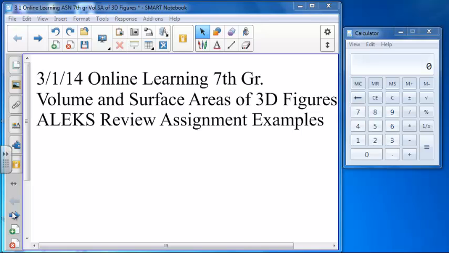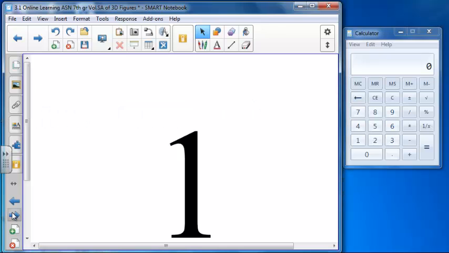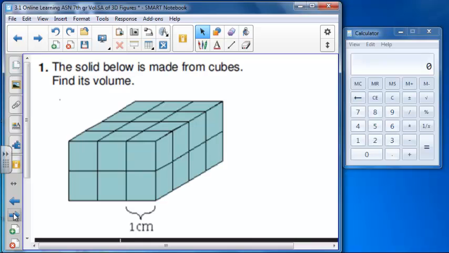I would like to go over 4 problems with you on the ALEKS assignment of volume and surface area. I've put a screen with the large number in between each problem in case you need to rewind or fast forward to the appropriate problem. Let's start. We're going to find the volume